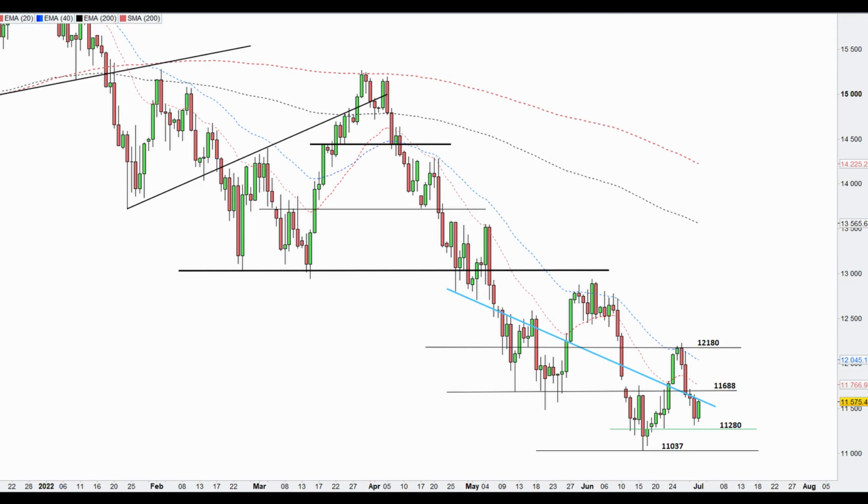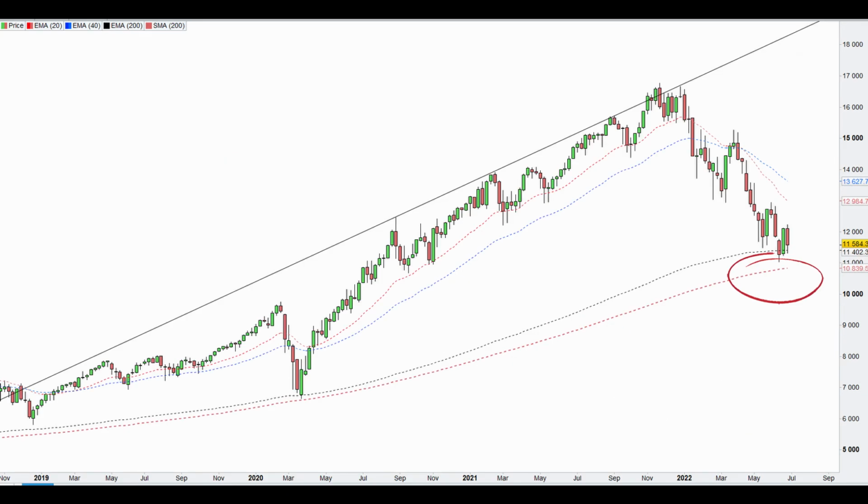In terms of levels to watch into next week, the blue trend line is a given. If price can't get above that, we sell from the off from next week, and a retest of the low of 11,037 becomes the target. There is some minor support at the 11,280 level, but it's the recent low that will be the target. If and only if the Nasdaq 100 makes a new low, further downside level to watch would be 10,840, being